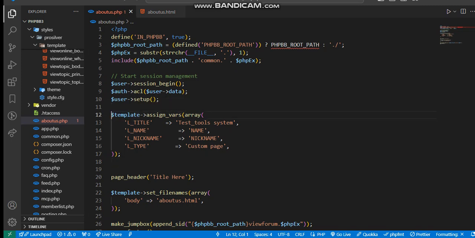This is the way of assigning variables in phpBB. Here you can see I use template assign vars, which means we assign variables in this array. The variables and their values are: L_TITLE, test tool system; L_NAME; L_NICKNAME; L_TYPE, custom page. Like this we assign these values